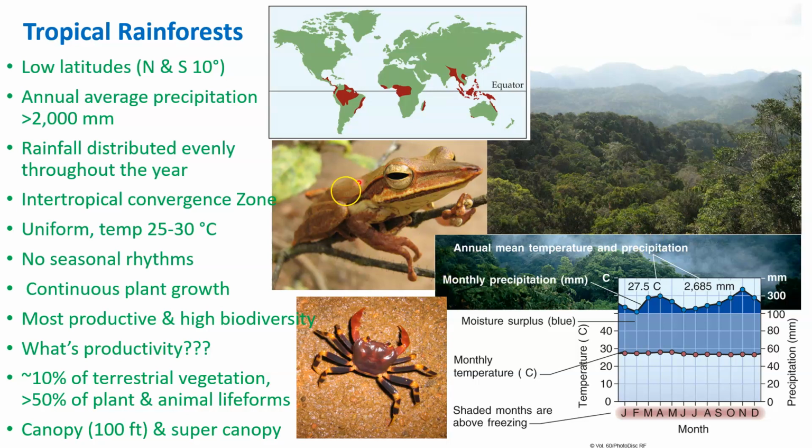This guy is a bush frog. When you think about amphibians, you might think about those that live in water. In this particular part of the world, in the temperate world, that is quite true. Amphibians are largely aquatic, and there are only a few terrestrial forms. But this guy is a tree frog. They don't live in water. They live on trees, in shrub layers. And speaking of which, do they live in the tree canopy? Chances are they do, but the tree canopy of tropical rainforests is largely understudied.